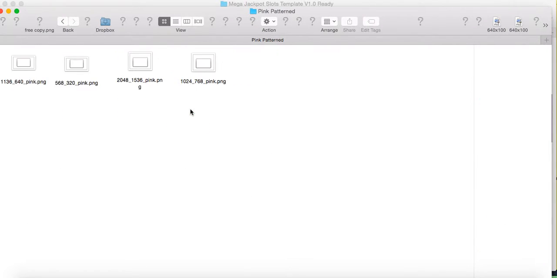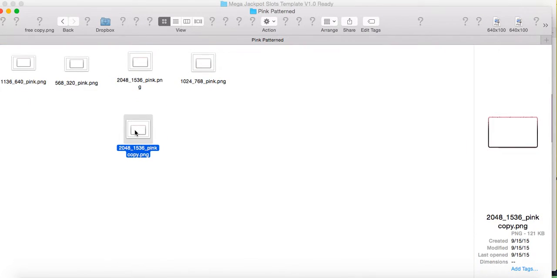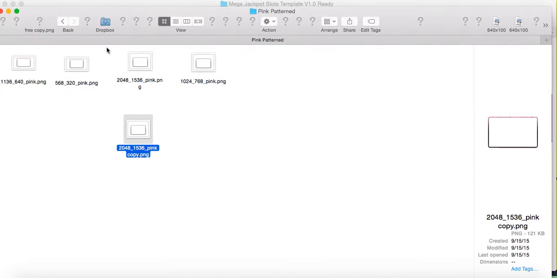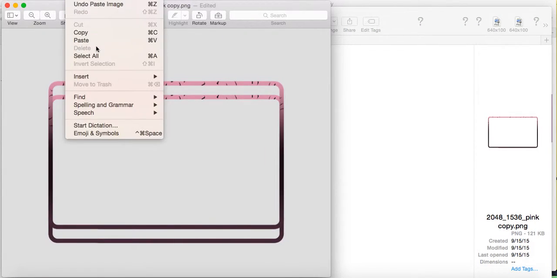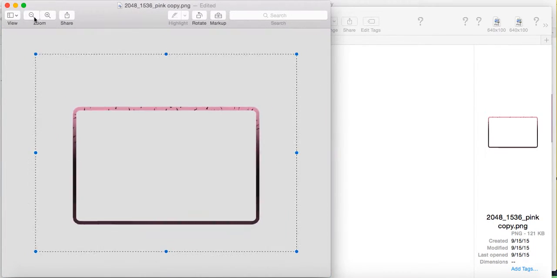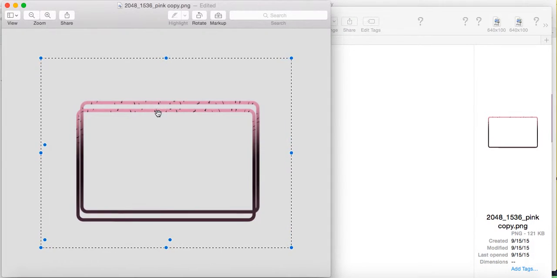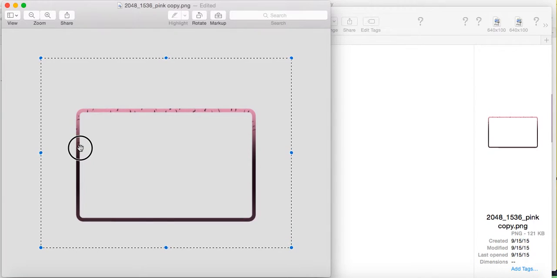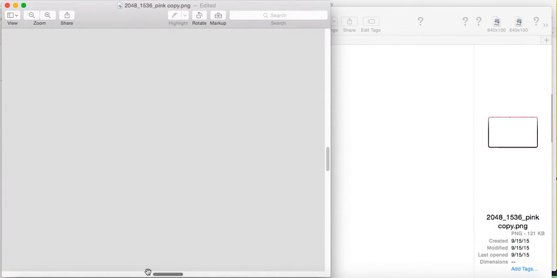So when you bring in your new background image, whatever it is, let's just say it's this, even though it's not, this is a great example of how to show you this. If you come in here with your new background image and you paste, you can see that almost always it's not going to be right on. So if you edit, select all, and then zoom out, you can see that these little dots here are kind of your guide. So you can get it close, and then you can also zoom way in